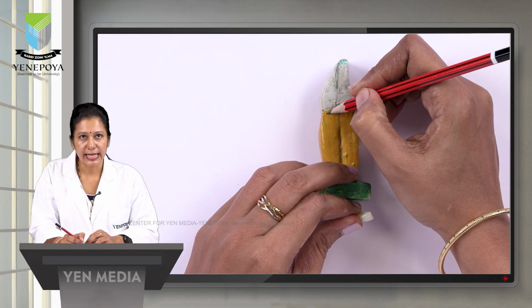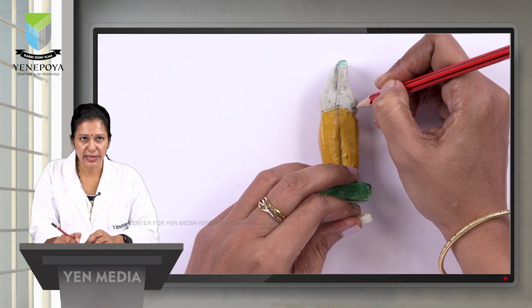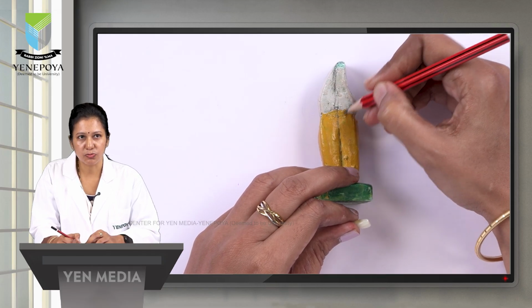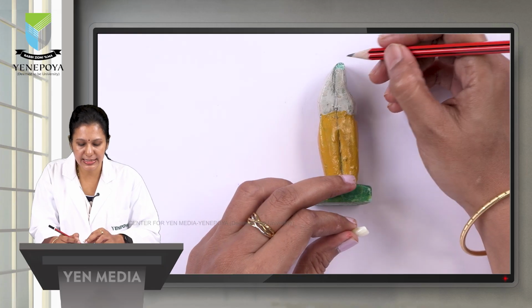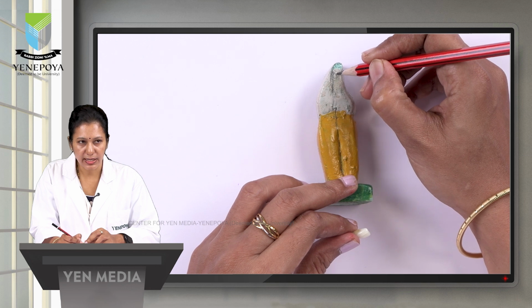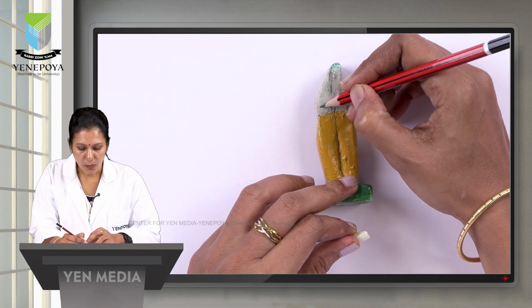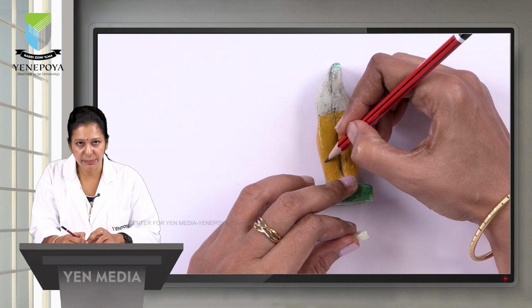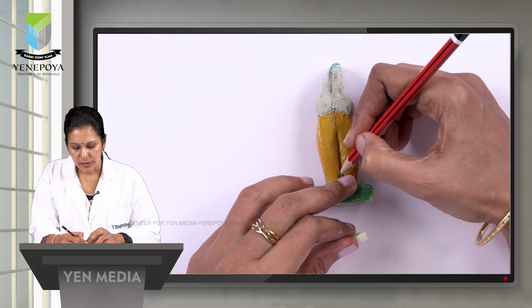The cervical line shows a deep curvature towards the mesial aspect, and the mesial surface is smooth and flat except for a slight convexity at the incisal 1/3 where the contact area is located. Here the contact area is there, so slight convexity is seen here, and the root tapers from the middle 1/3 to